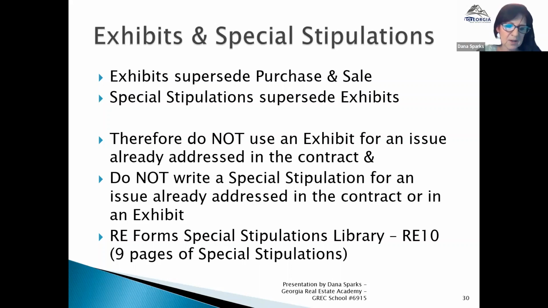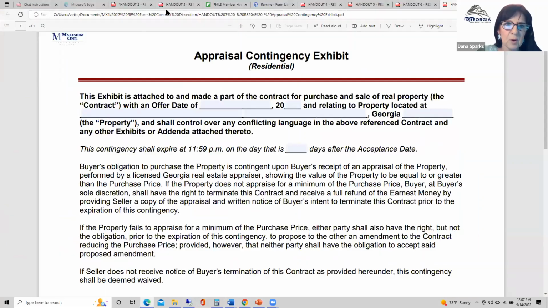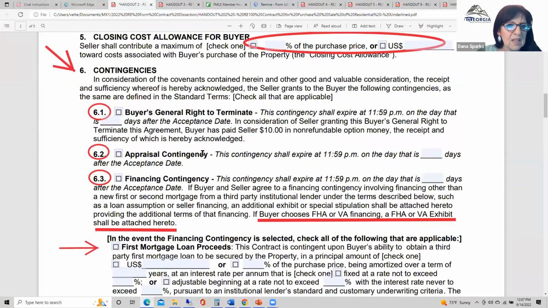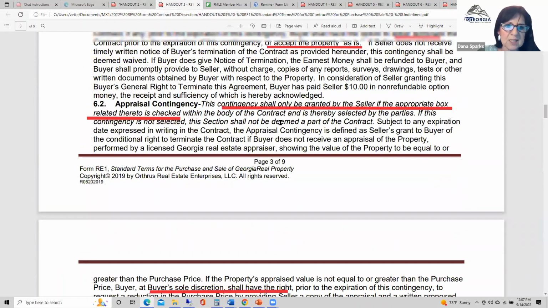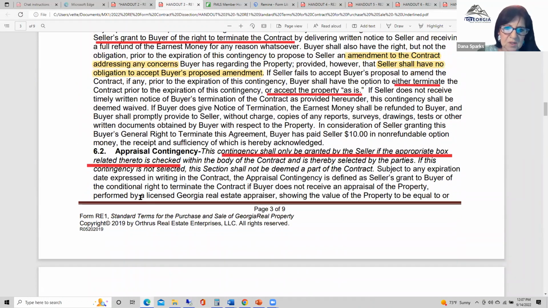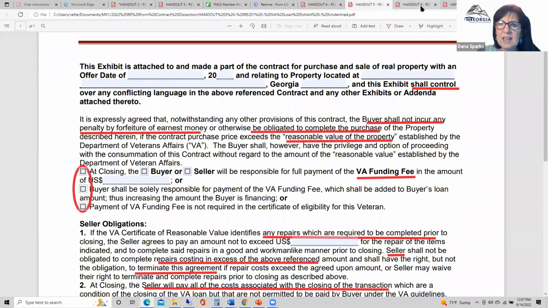What do I mean by that? We already talked about in the purchase and sale agreement, in the RE forms, we've got appraisal contingency financing. The appraisal contingency time frame is here, and what's involved in the appraisal contingency if it appraises low is spelled out in the standard terms. We already mentioned too, right before break, that